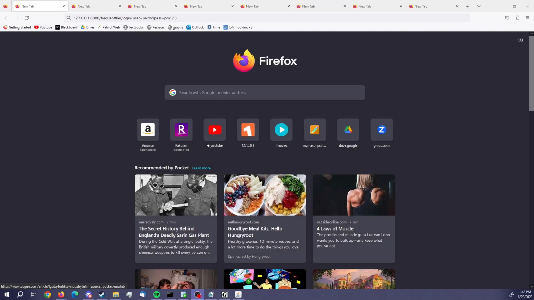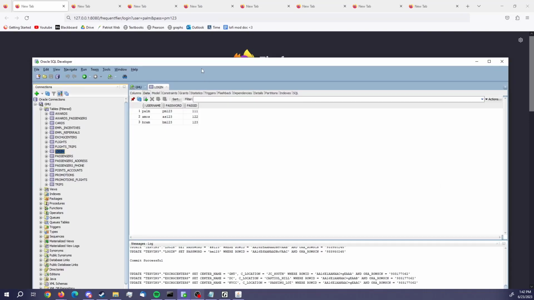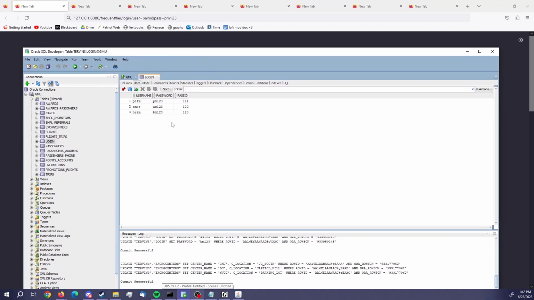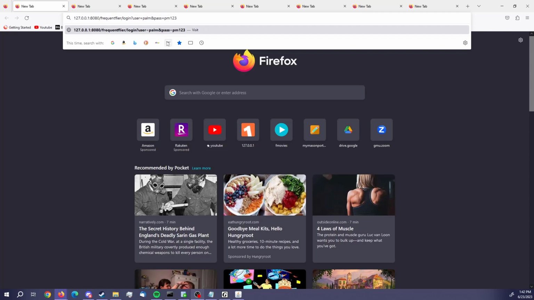I will test it in this browser instance using this data on my Oracle server. So here you can see the data, and here I will try to log in. And you can see I get an output here with the passenger ID 111. Let's move on to